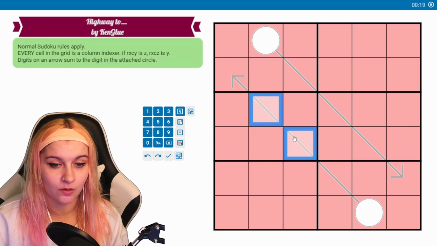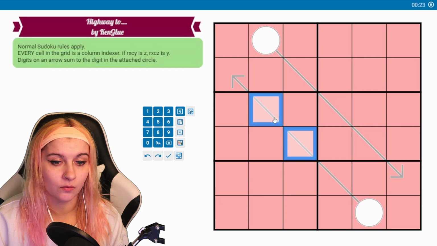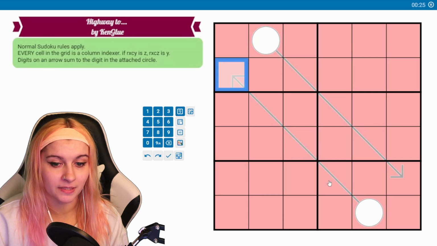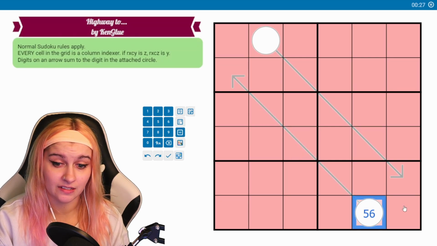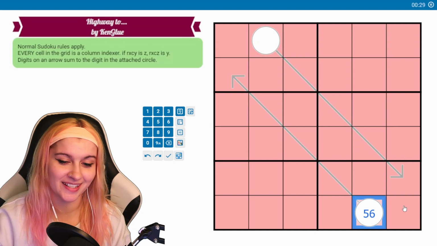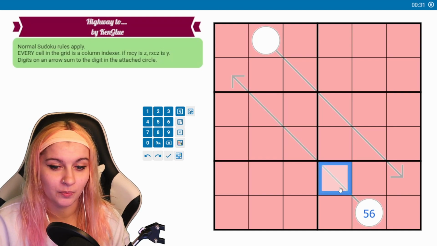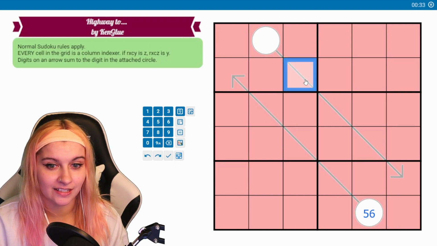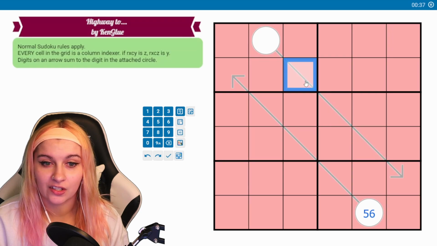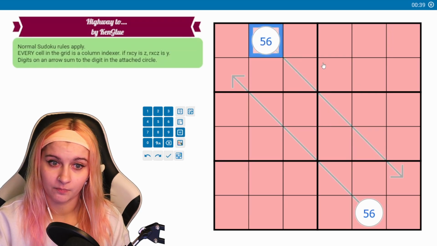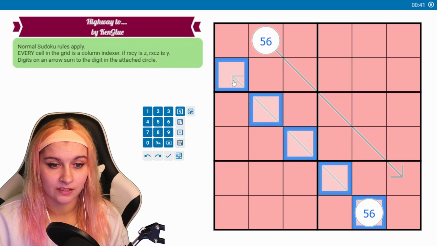This would have to be 1, 2, but then we could use more ones. So it could be 1 and 2 is 3, plus 4, plus 5. This could be a 5 or a 6. We could have 1, 2, 1, 1. But could this also be 1, 2, 1, 1? It could not. So individually, this arrow could be 5 or 6. But together,